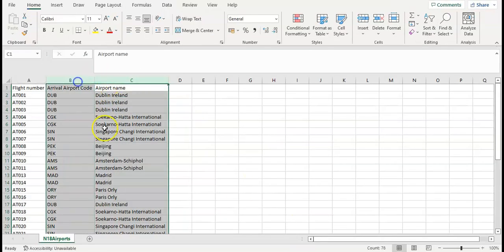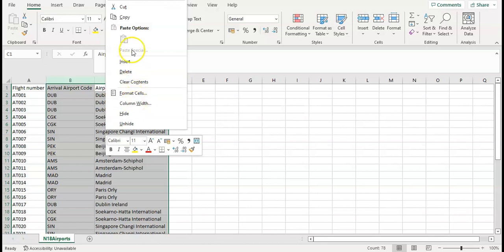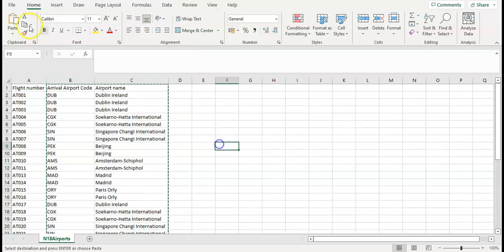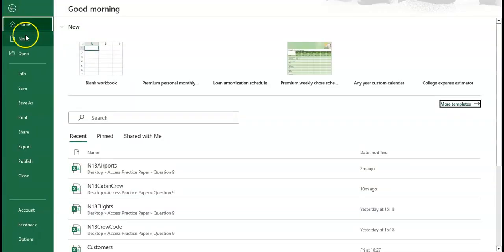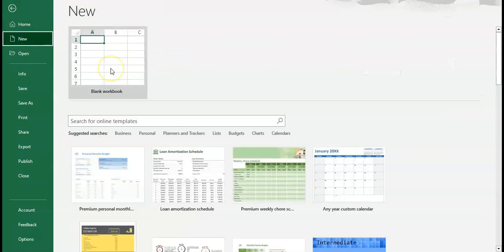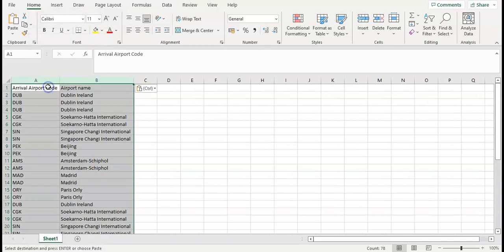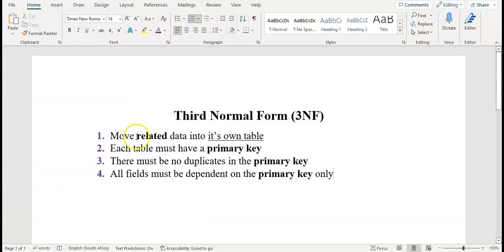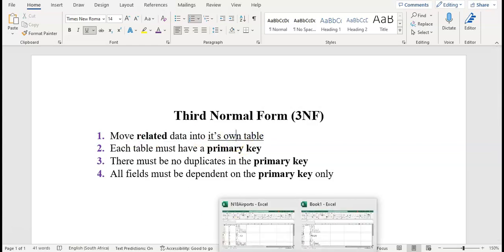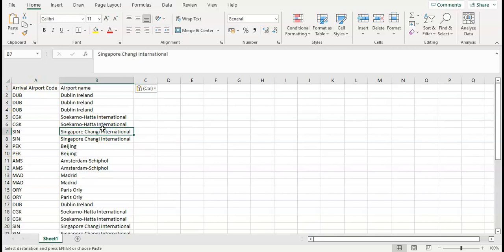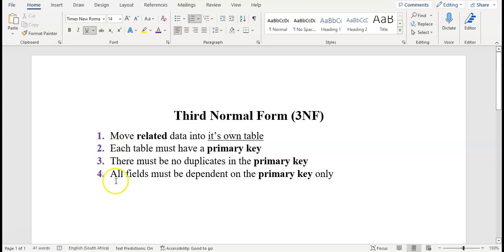So you can highlight both of these columns, right click, and select copy, and then we're going to open up a new Excel file. So file, new, blank workbook, and I'm just going to paste that information in this file. So that is step 1 complete. We've moved related data to its own table. The table that we're working in here now is going to be its own file that we're going to import into Access. So now we need to make sure that in this file, step 2, 3, and 4